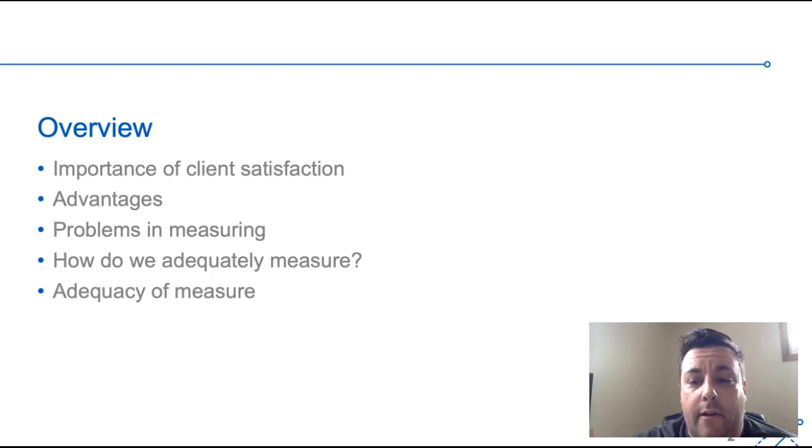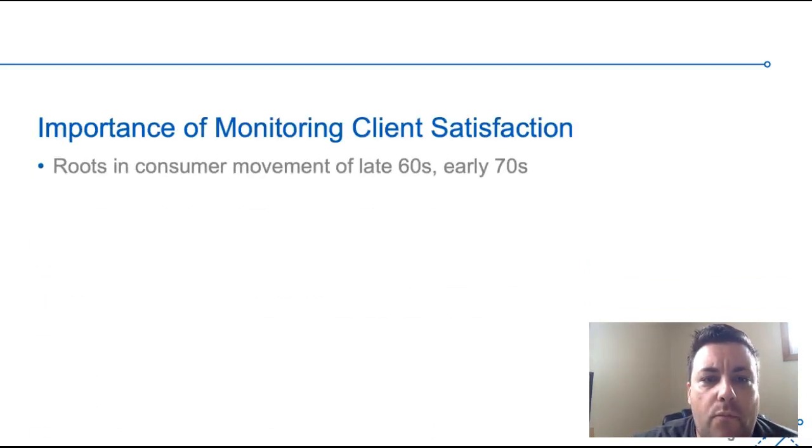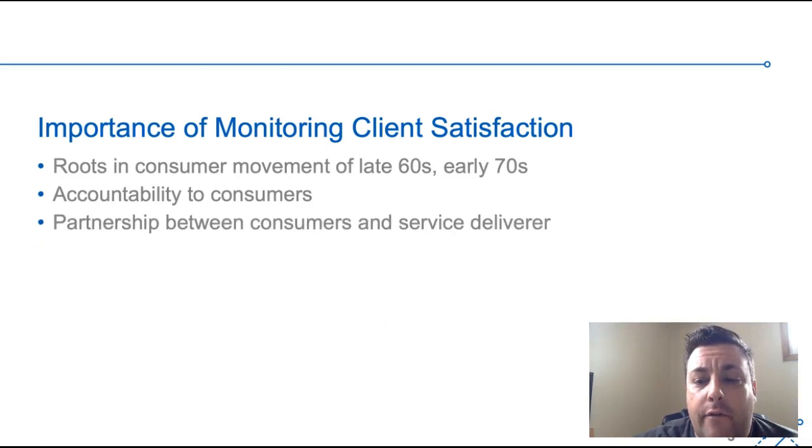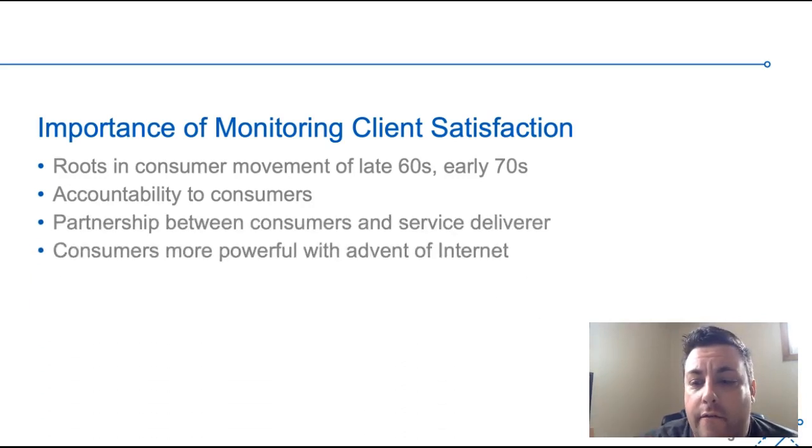The biggest, I'm just going to foreshadow that part of the lecture here for a second. The biggest issue with client satisfaction is that it's not necessarily a measure of change. People can be really satisfied with services. They can really like the social worker or the human service worker that they're working with. But they can sort of not have changed or not have improved in the dimension that they need to, and that's a problem.